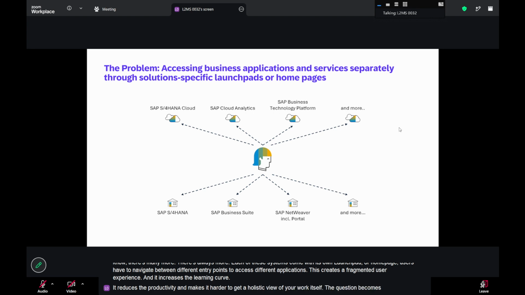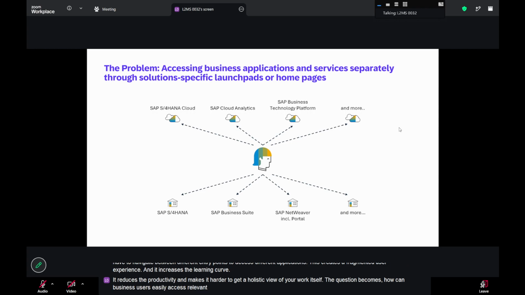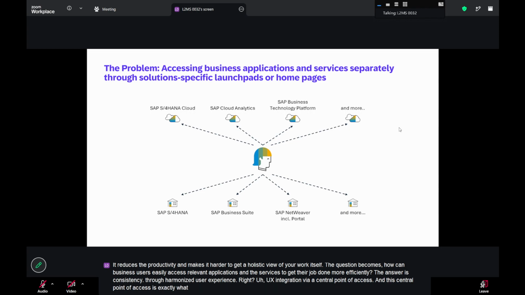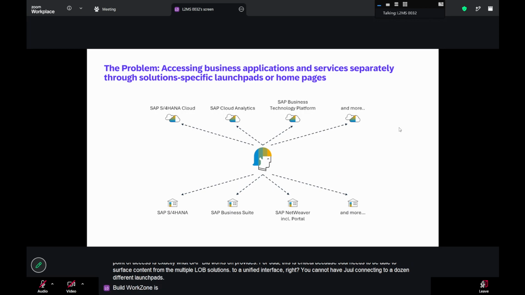The question becomes, how can business users easily access relevant applications and services to get their job done more efficiently? The answer is consistency through harmonized user experience, right? A UX integration via a central point of access. And this central point of access is exactly what SAP Build Work Zone provides. For Joule, this is critical because Joule needs to be able to surface content from the multiple LOB solutions through a unified interface, right? You cannot have Joule connecting to a dozen different launchpads. Build Work Zone is like the single pane of glass that makes cross-application Joule scenarios possible,